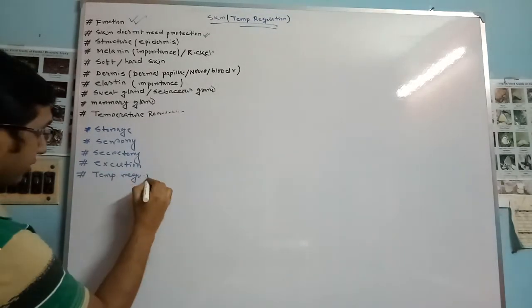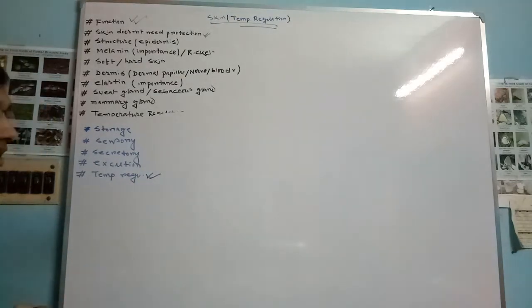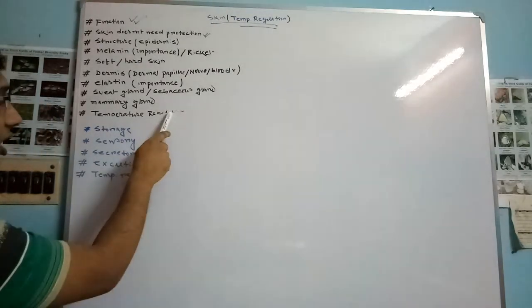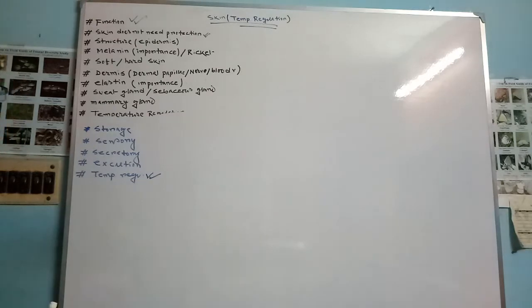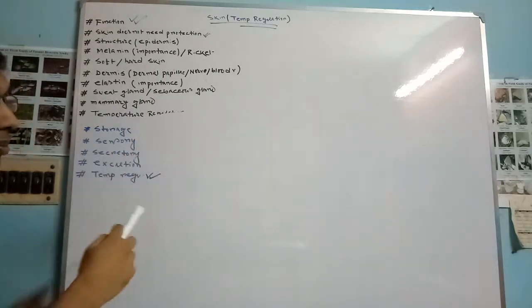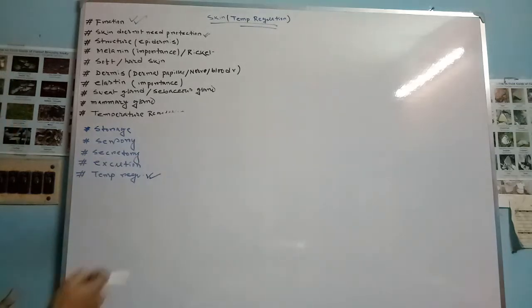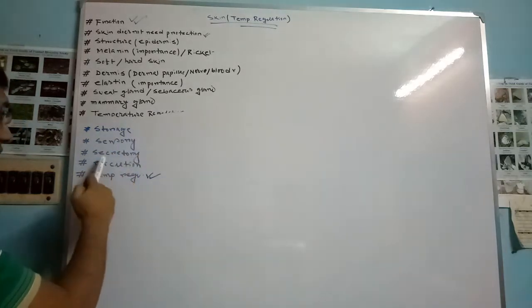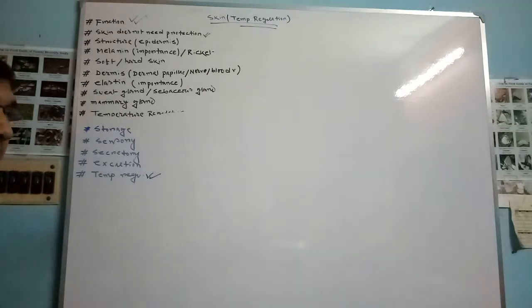I will discuss temperature regulation, how skin helps in temperature regulation, in the last point. Okay, so skin plays various roles in our body like storage, sensory, secretory, excretion, and temperature